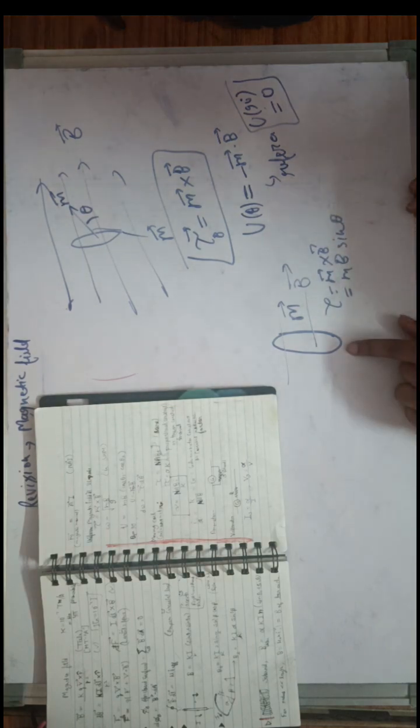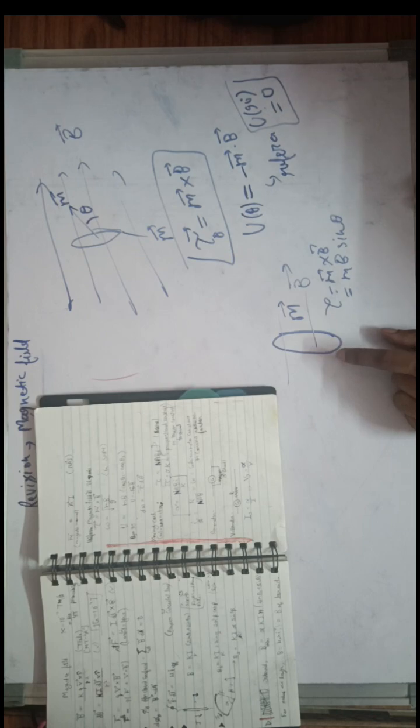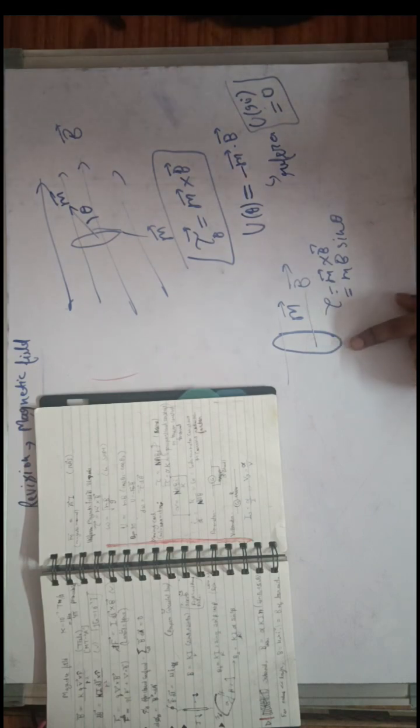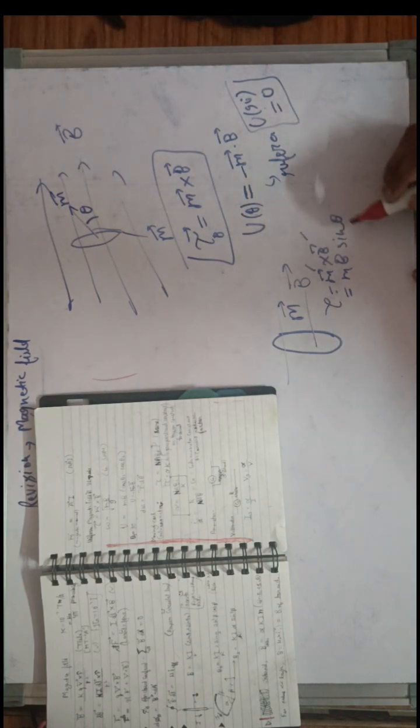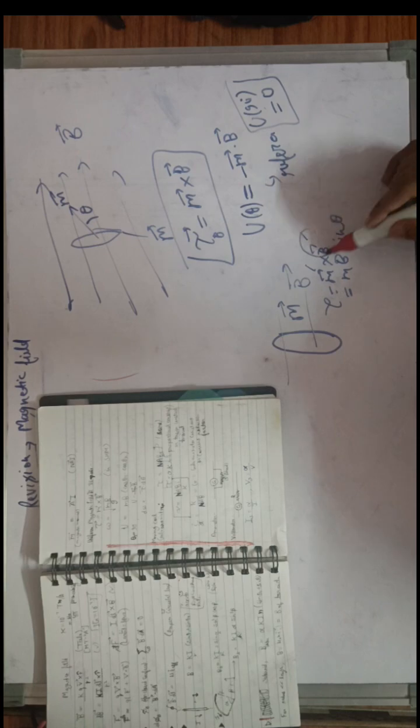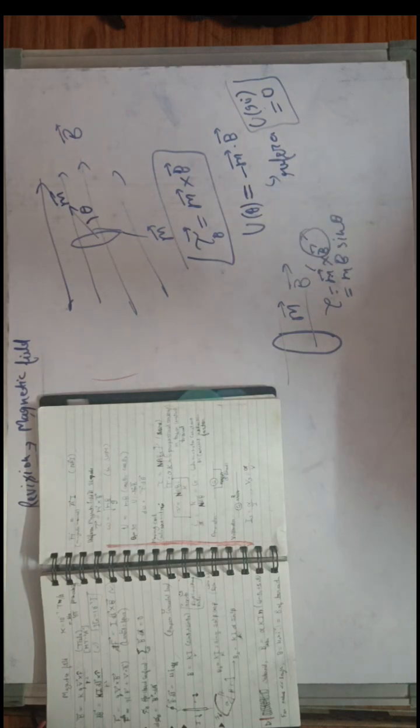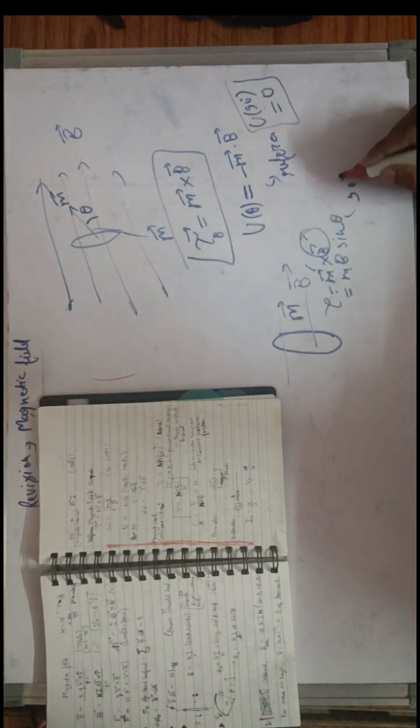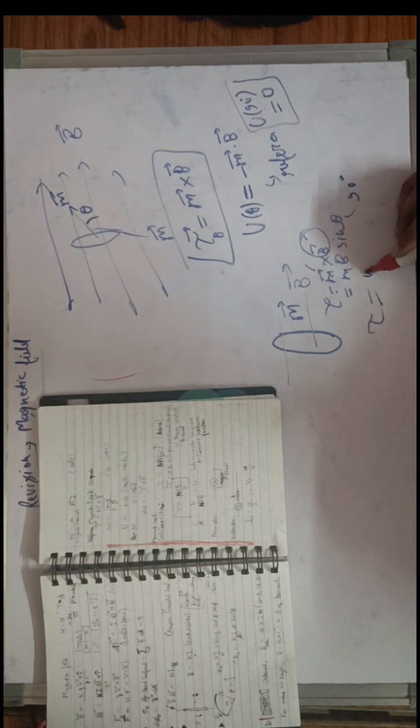In the case of galvanometer, the system is made in such a way that the magnetic field is always provided at 90 degrees to the moment. This theta is 90 degrees always. Then the torque will become MB,